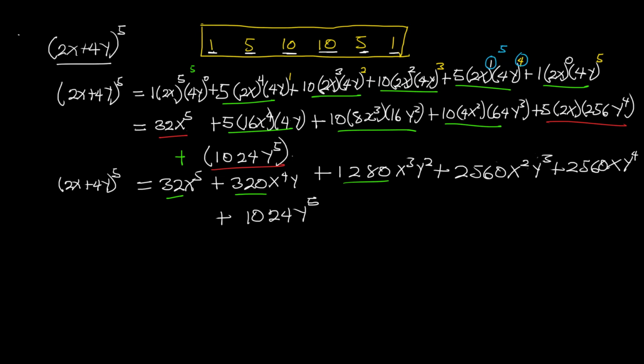So the next thing we are going to do is to use the combination approach to solve the same problem. We'll look at the second method. 2x plus 4y raised to the power 5. And here we are going to use the combination approach. So the first thing we'll do is 5 combination 0 times 2x raised to the power 5 multiplied by 4y raised to the power 0,